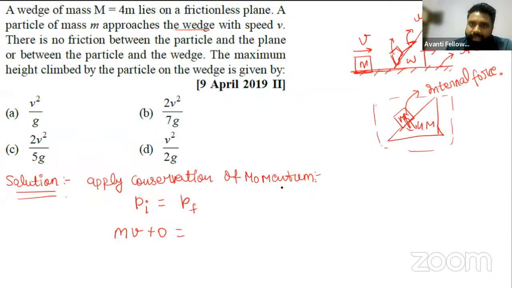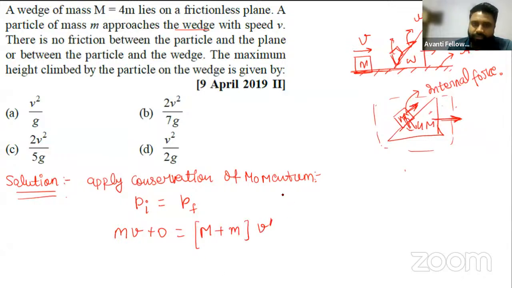But finally, this system will move. We are only interested in the horizontal velocity. So the block of mass m will also move with the speed with which the wedge is moving, and the whole system will move with the speed of the wedge. So you will have capital M plus small m into